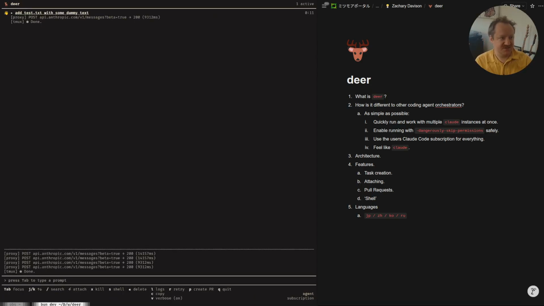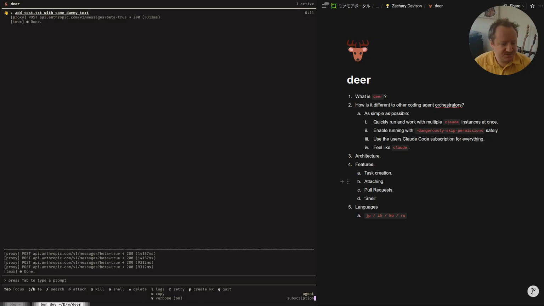And then I can detach when I'm ready again, and I can come back to this, and I can still open my pull requests as I wanted to, so I can intervene. That's the majority of the things about Deer. So it's not meant to be particularly complicated. There's a lot of stuff that happens behind the scenes to make this really smooth and soft touch and basically feel just like using Claude Code, but kind of multiplexed in a way, right?